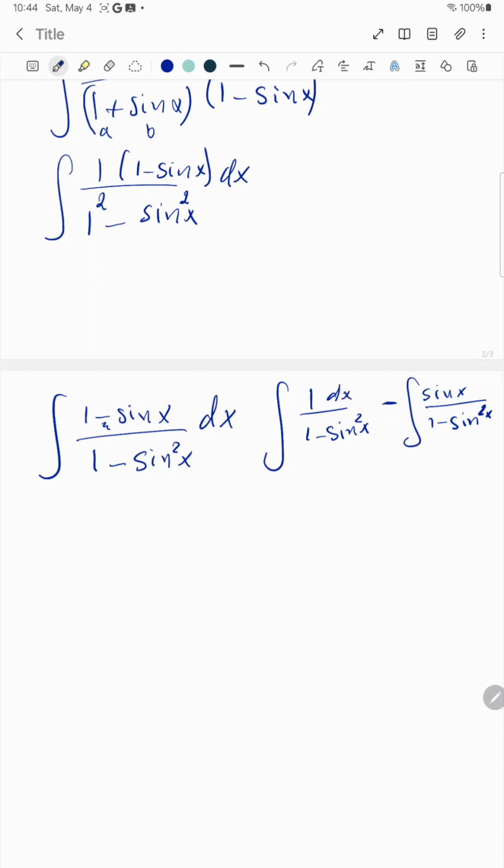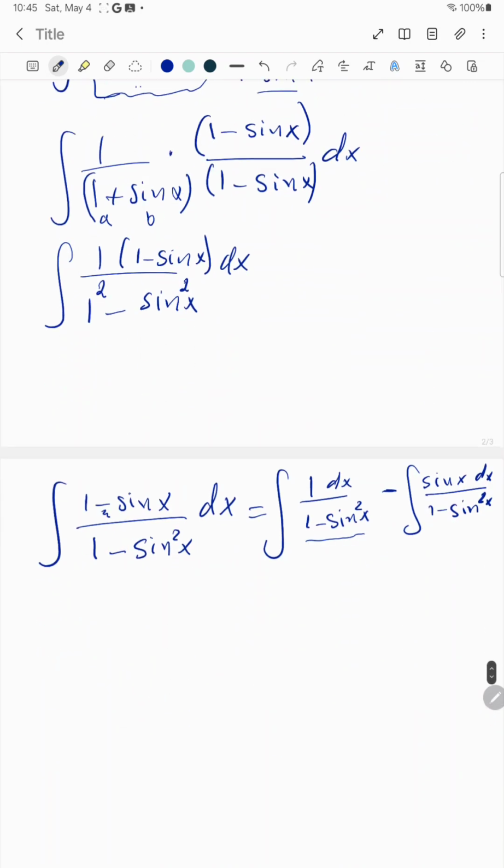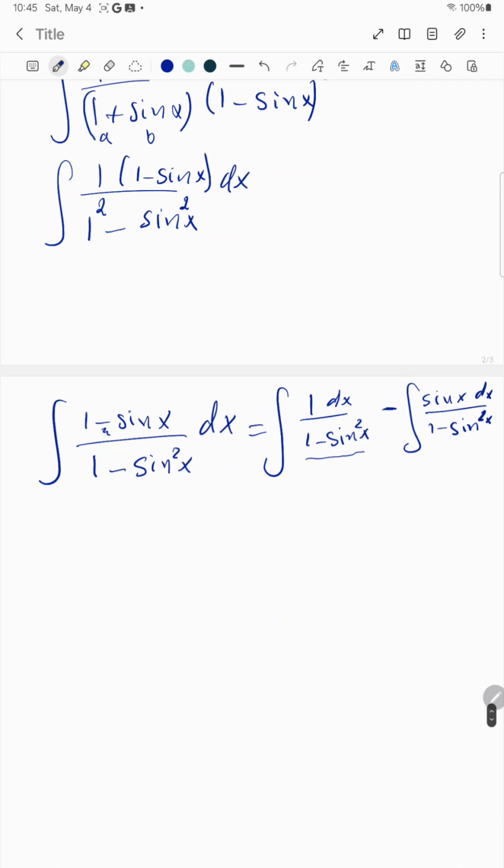And in both of them, there is a dx here. We always have to add the dx. So I take the first integral here. 1 minus sine square of x is equal to cosine square of x, from the formula that we showed here. So if the sine x comes here, it becomes 1 minus sine square of x, which equals cosine square of x. So the first integral will become dx over cosine square of x minus,